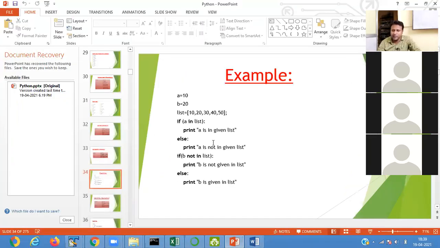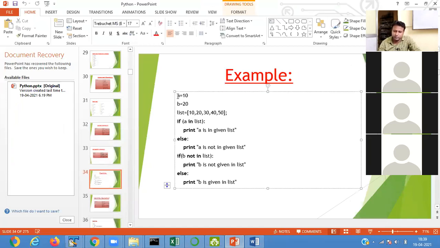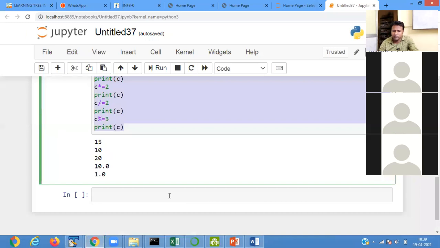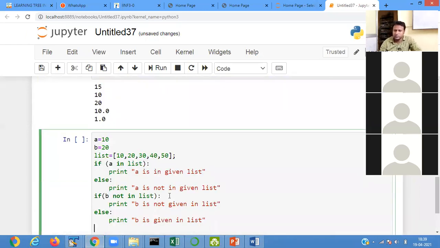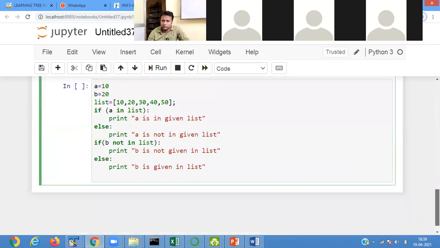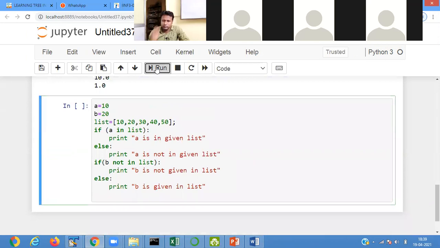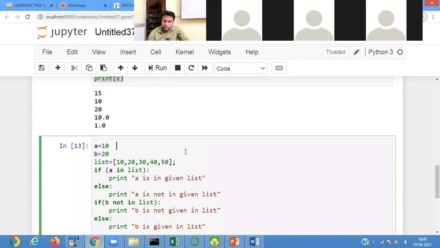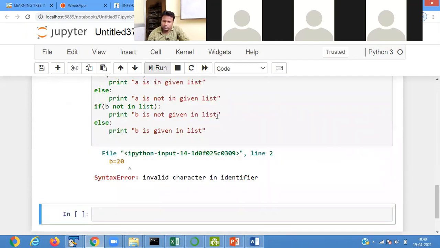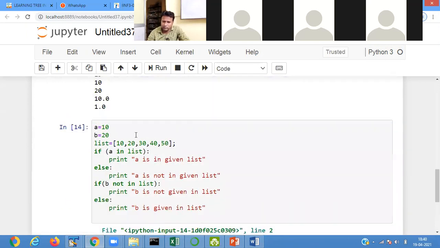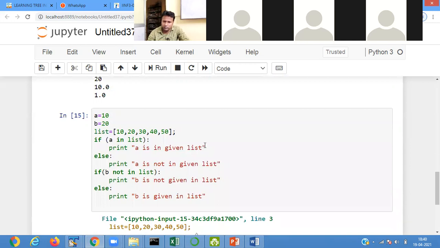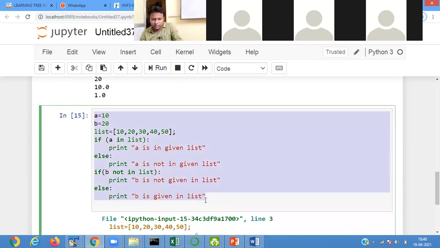Now I run this program. Just a minute, there is an extra symbol.